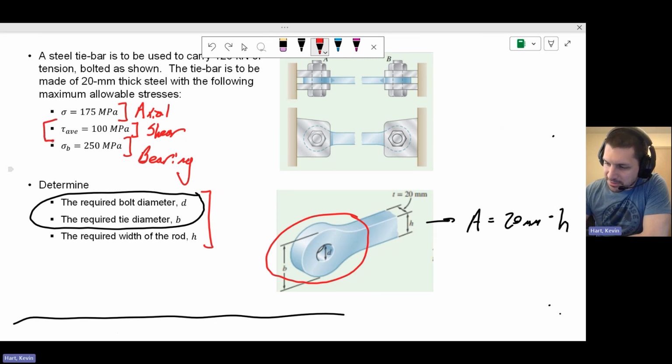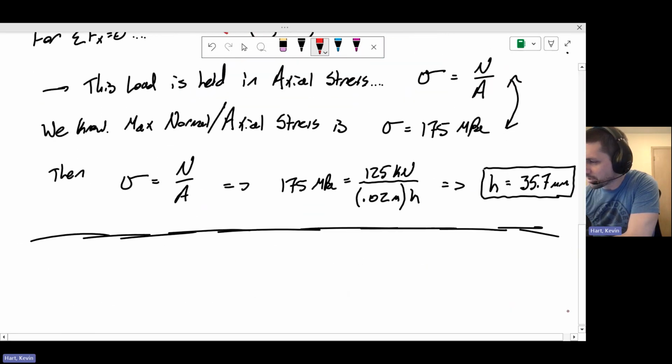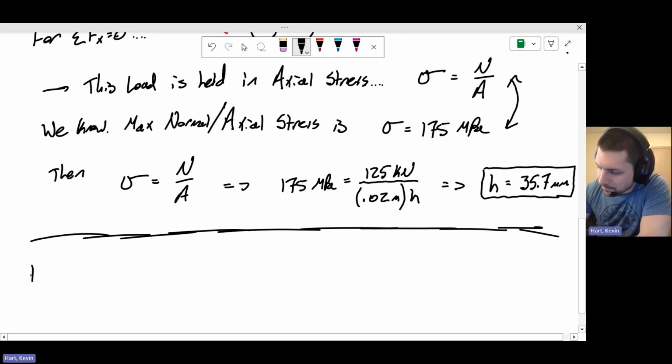When we think about the shear stress, that is how much shear I can hold in that pin before that pin breaks. So the shear stress really has to do with the bolt diameter. And then we have a bearing stress, where the bearing stress again has to do with the diameter of this tie rod. So let's investigate this portion of the assembly. Let's start by looking at the diameter of that hole. So for hole diameter,